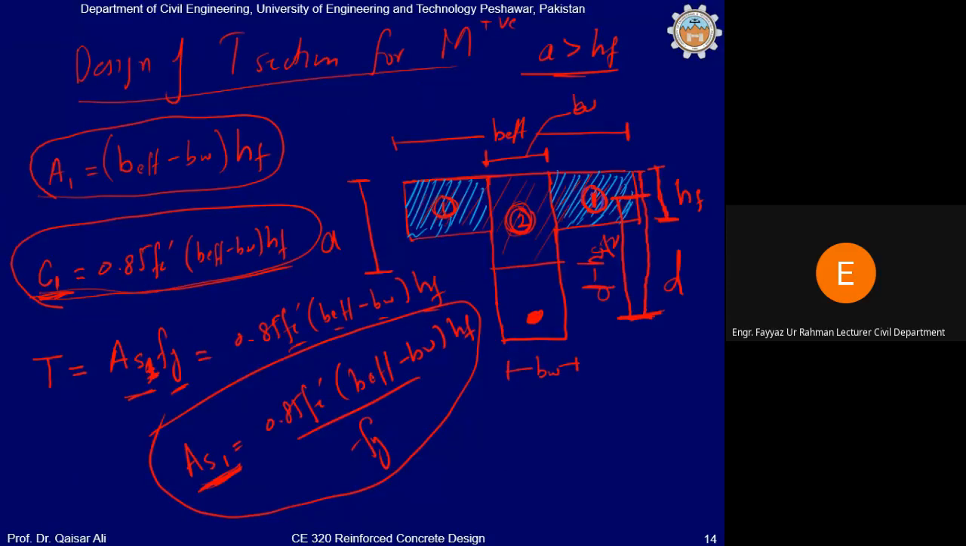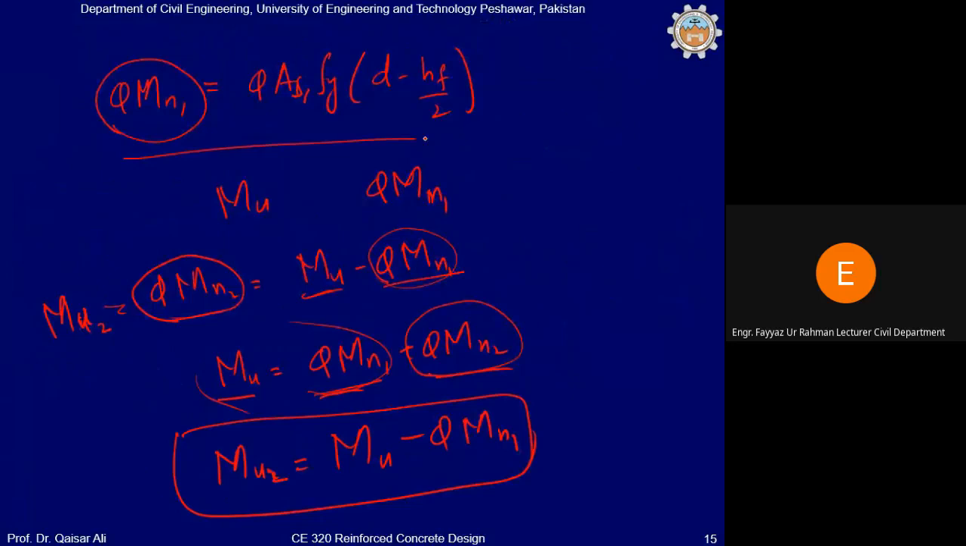अब आप देखिए बिल्कुल सिंपल आपके पास इक्वेशंस है। फर्स्ट ऑफ ऑल आप ये एरिया 1 कैलकुलेट करेंगे। इट इज वेरी सिंपल, b effective minus bw इंटू hf, multiply it with 0.85 c prime, you will get C1। ओके, एंड फ्रॉम दिस इक्वेशन यू कैन कैलकुलेट द reinforcement which is required to resist the compression force, to balance the compression force resisted by area 1, 0.85 fc prime (b effective minus bw) hf by fy। From this you can calculate the capacity provided by area 1 from this equation।